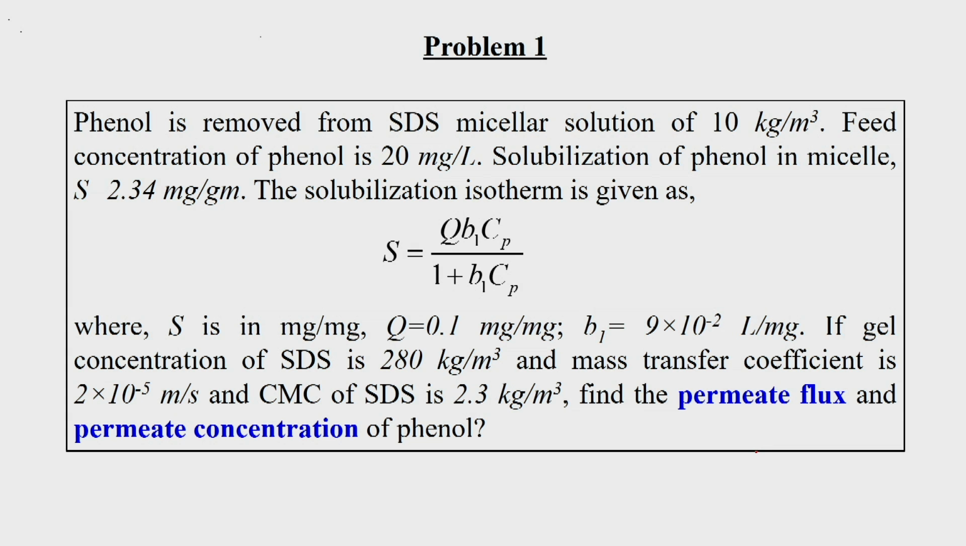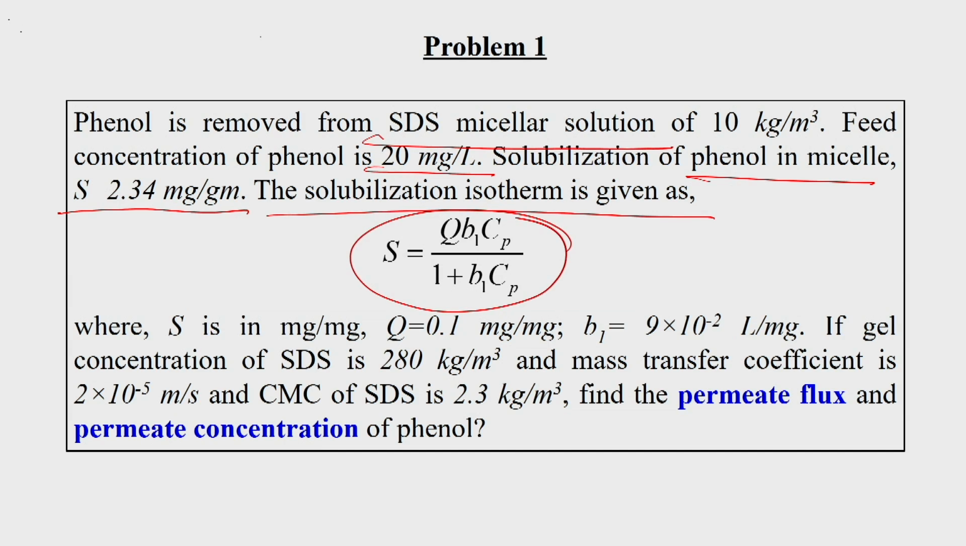Now, we will be solving one problem using this SDS as the micellar solution, and for that case phenol is the target component. So, phenol is removed from SDS micellar solution of 10 kg per meter cube, and feed concentration of the phenol is 20 milligram per liter. Solution of the phenol in the micellar is 2.34 milligram per gram of the surfactant. Then the solution isotherm is given as Langmuir type, S is equal to Q into B1 into Cp by 1 plus B1 into Cp, that B1 actually is the solubilization constant,